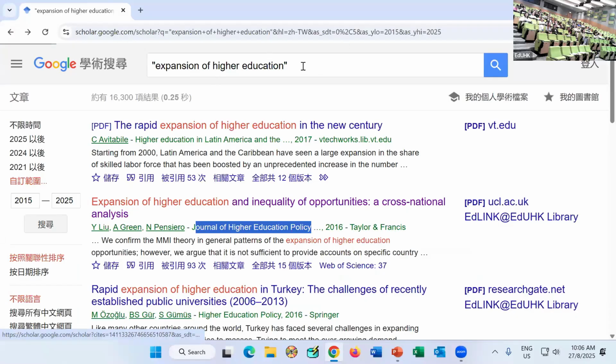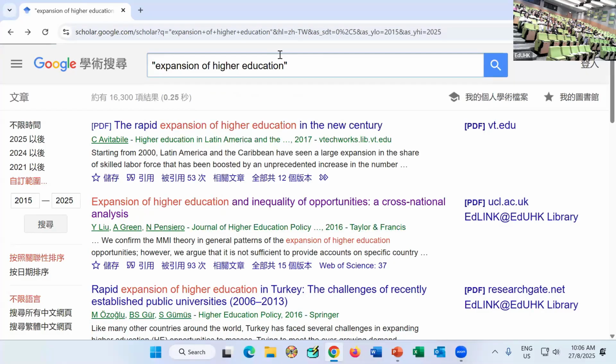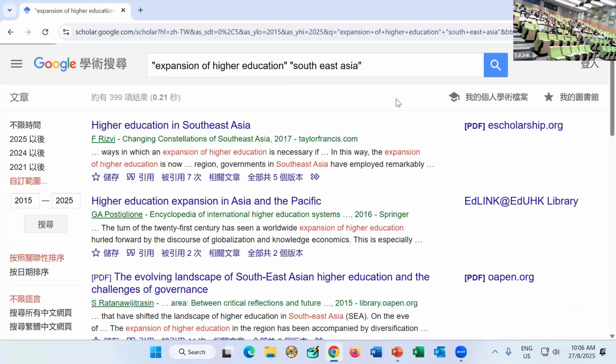And then another way that you can search for really useful journals would be to use double quotation marks. Then you make sure you get the keywords, like I want to get expansion of higher education, only, I don't know, in Southeast Asia. Just an example, if I want to show 2 keywords, then I put both keywords in double quotation marks. Then that is how you can ensure you get a better result. So there are pretty much a lot of tricks there.